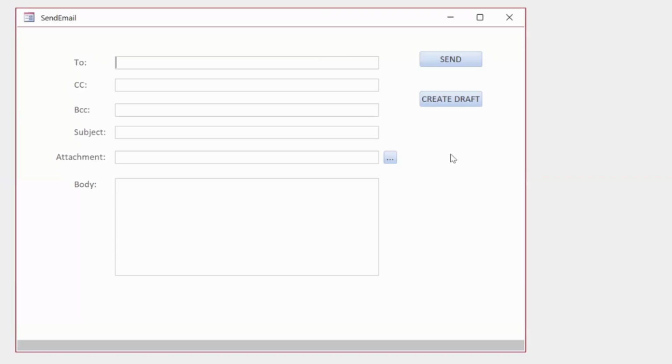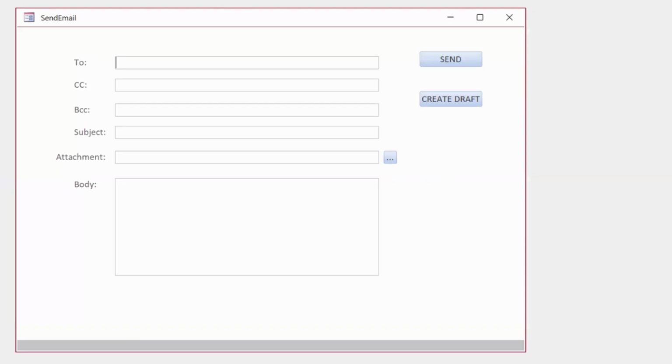Well, if you wanted to add more to it, when it creates a draft, it's creating it out on the web. So this one sends it right away from here. But this allows you a copy, a blind copy, a subject, and an attachment. And I did add multiple attachments, so you could go in here and select multiple files, and it should work to